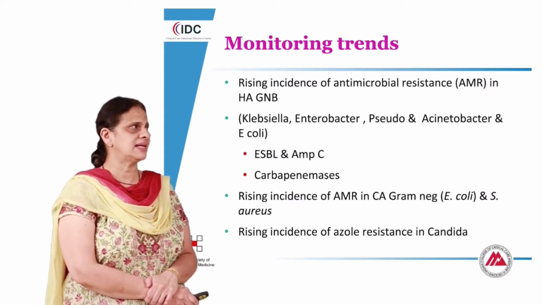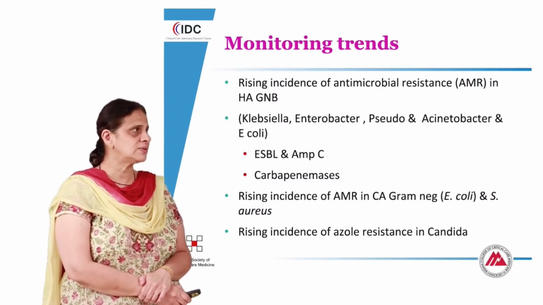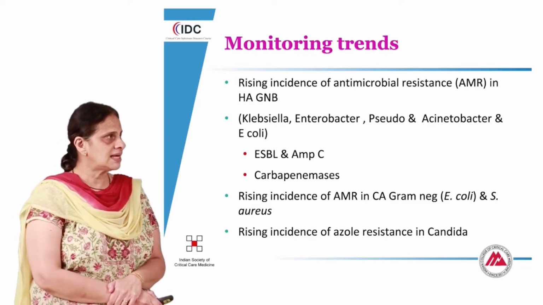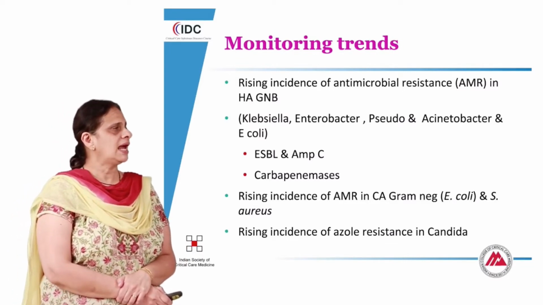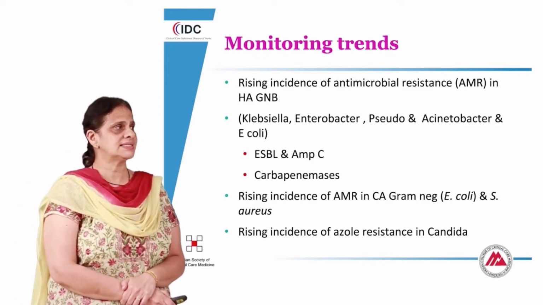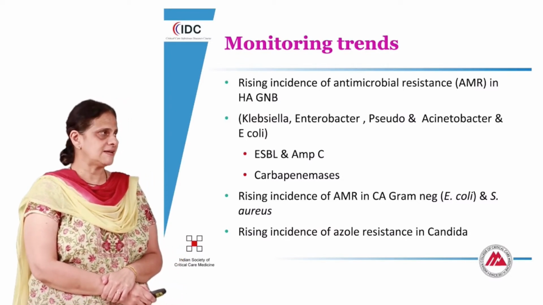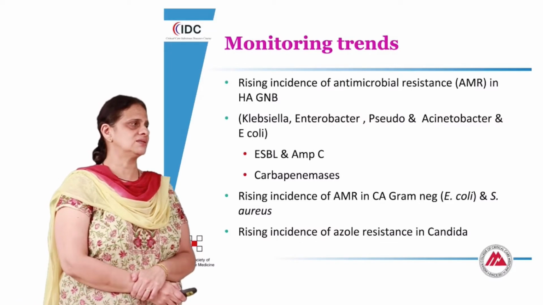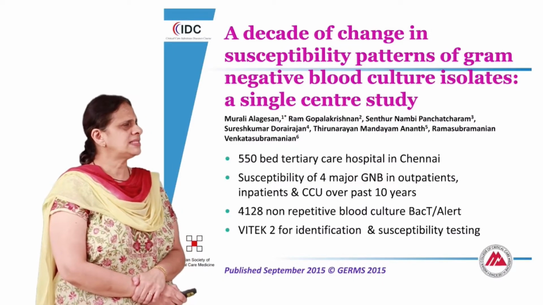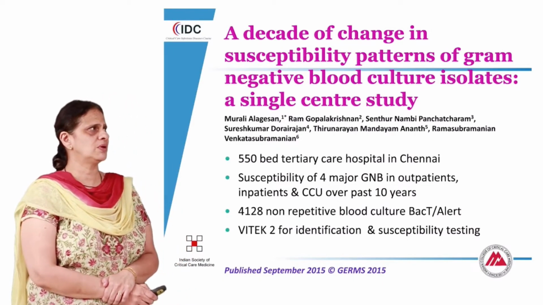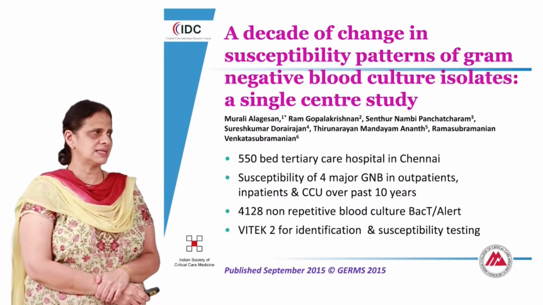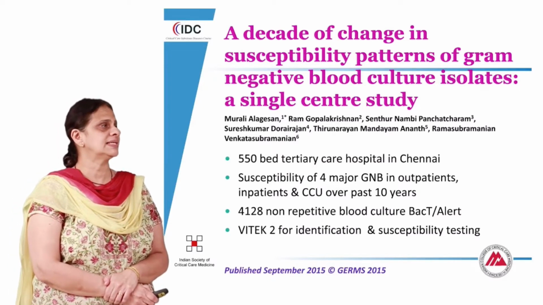antibiogram is monitoring trends. All of us are plagued with increasing antimicrobial resistance in hospital-acquired gram-negative infections with ESBLs, AmpC, and carbapenemases, and antimicrobial resistance even in the community, E. coli, especially in urinary tract infections, and Staph aureus, CA-MRSA, and we're certainly seeing a rising incidence of azole resistance in Candida. This was a good study that was published last month, which actually puts into perspective what we're all facing, and this was in almost 4,000 non-repetitive blood culture isolates that were subjected to susceptibility testing, and no